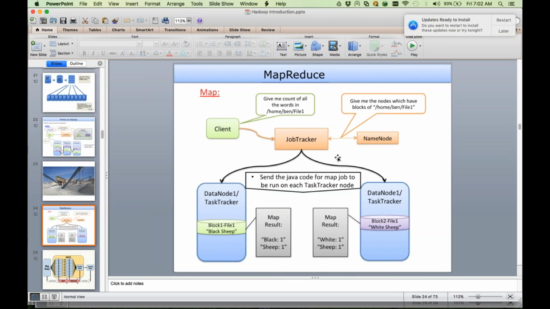I want to know where the blocks for this given data are located. Then immediately the name node is going to respond saying, you want the blocks for this file, these blocks are present on these nodes. That is the response being given to the job tracker. Job tracker, immediately what will it do? Whatever the job it received,